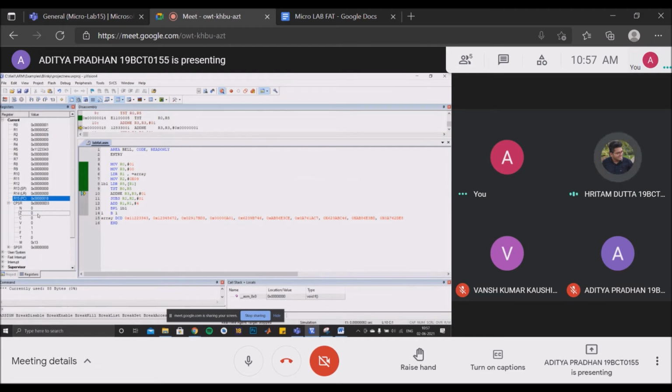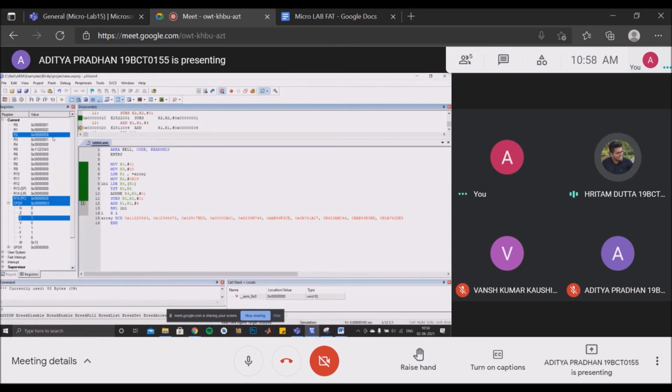Since Z is 0, the ADDNE instruction gets executed, and 1 will be added to the value in R3. R3 is initially 0. So now you can see that 1 has been added and R3 has become 1. So here what we are doing is counting the odd numbers. When the number is odd, the bitwise AND operation will give us only the number 1. And since this happens, the Z flag value will always be set to 0. In case of even numbers, the Z flag value will become 1 and the ADDNE instruction will be ignored.